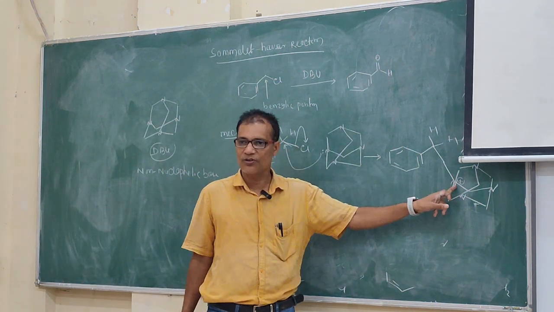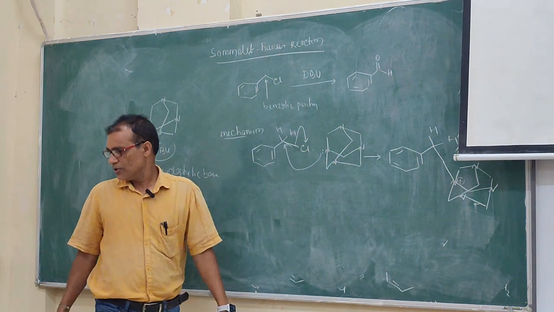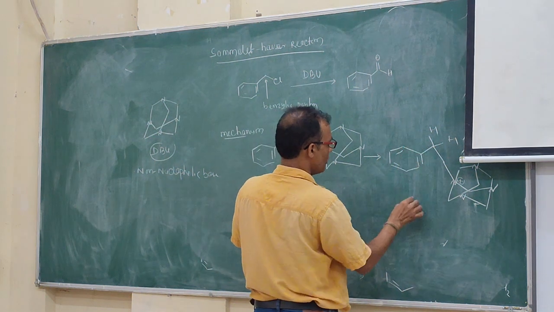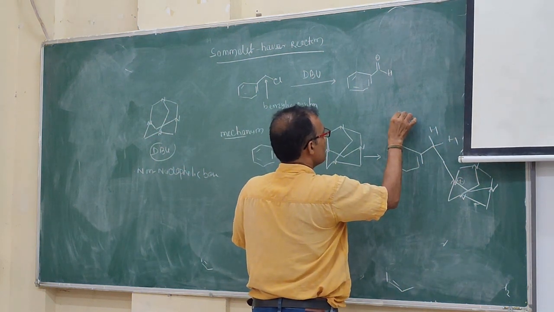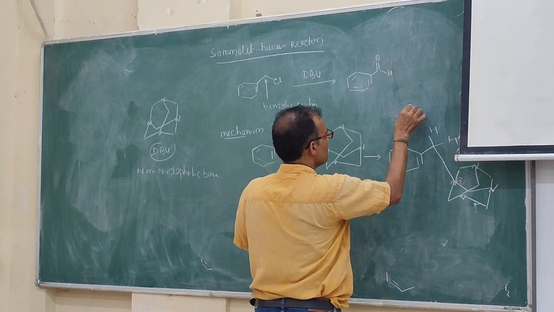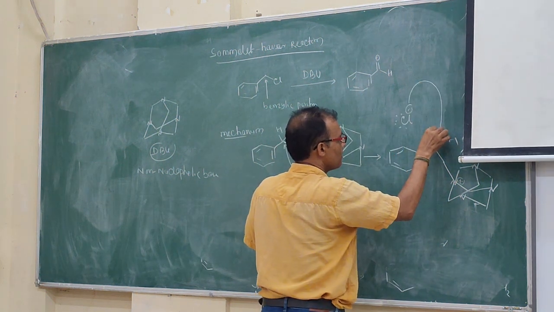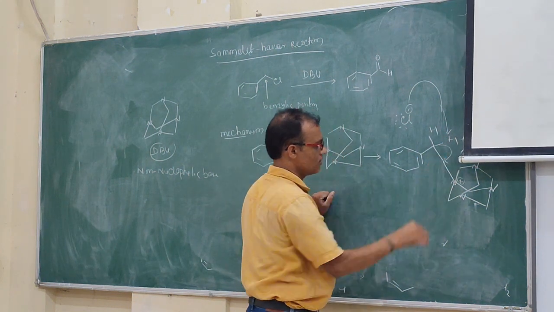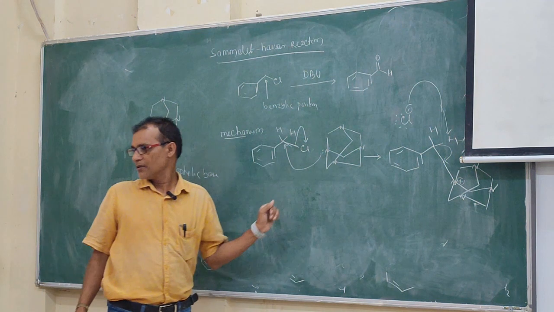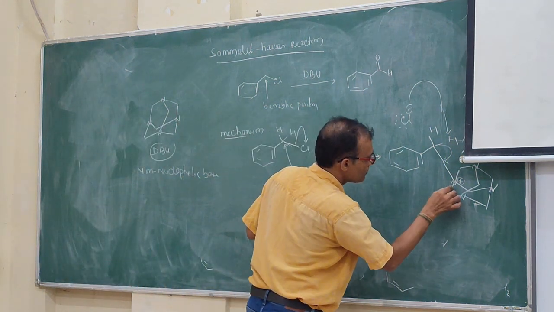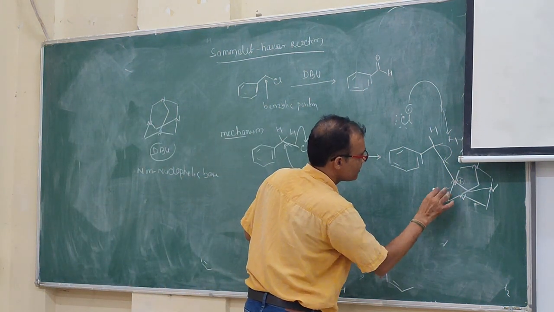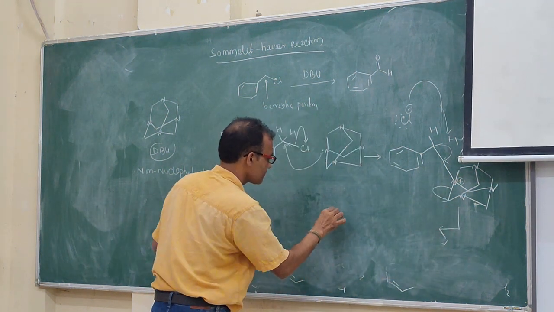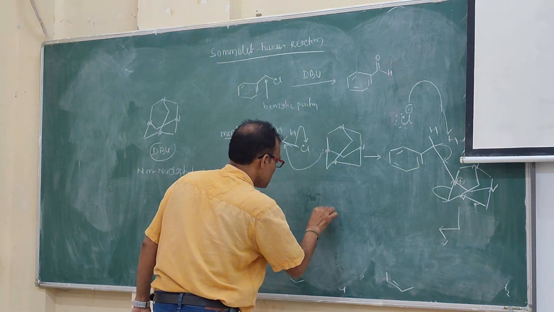This nitrogen now becomes positive because it donates a lone pair of electrons to remove that chlorine at this benzylic carbon. You can see the valence is 4. Am I correct? Initially it was 3, now it is 4. Now the chlorine, having 3 lone pairs of electrons, will take one of the hydrogens. So this will go here, and then this bond will break, and the bond pair will be deposited here.